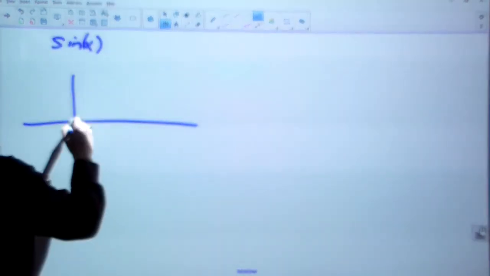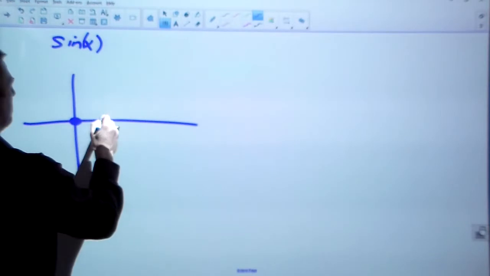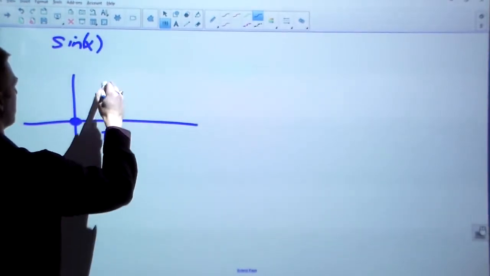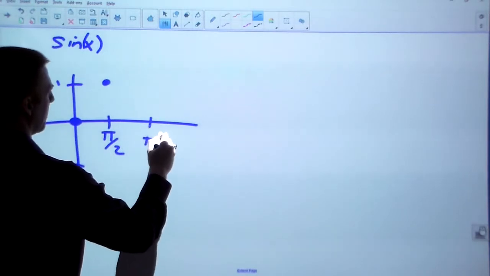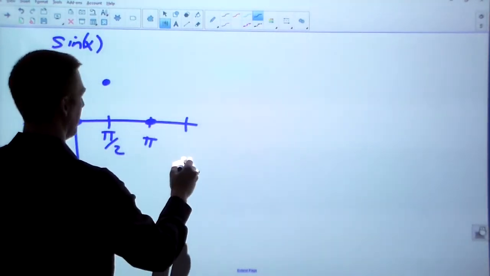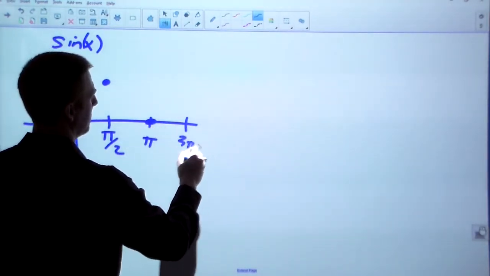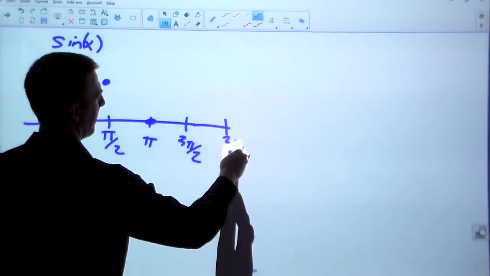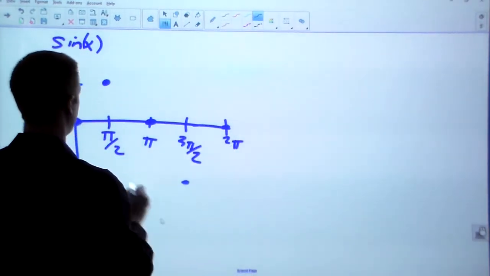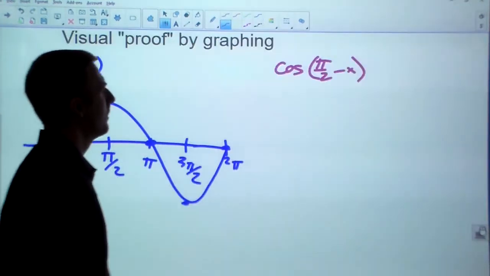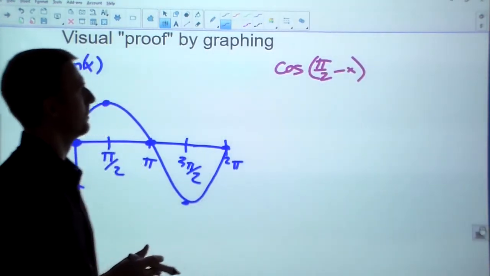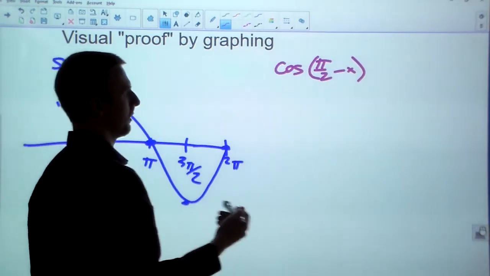The sine of x, we know it starts at (0, 0). At pi over 2, we're up to 1. By pi, we're back to 0, and negative 1 at 3 pi over 2. And by 2 pi, it finishes up this cycle. So something like that. Now to look at the complement for cosine here, I'm going to do our little trick